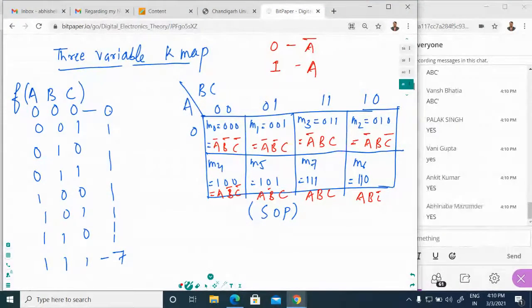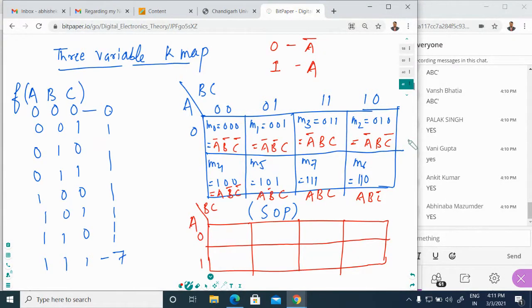We have to represent the same concept for POS. Okay, so if you want to represent the same concept for POS, how you can represent? This is 0 and this is 1, 0, 0, 0, 1, then 1, 1, 1, 0. Quickly give your response.